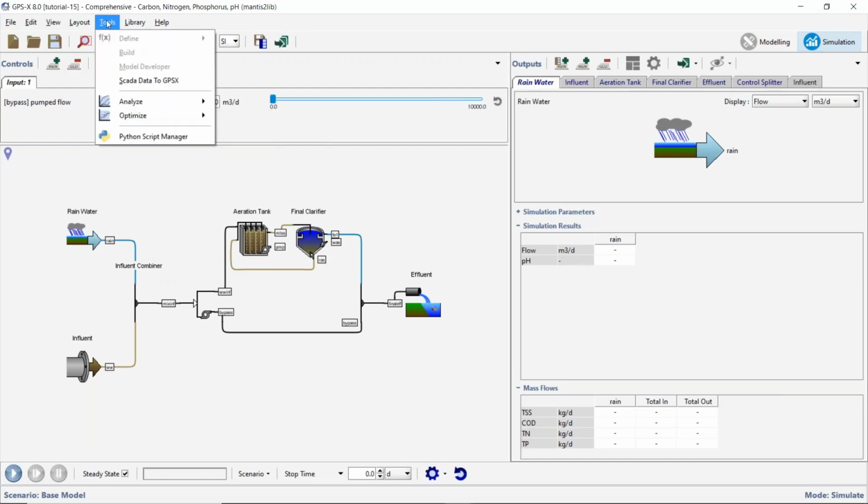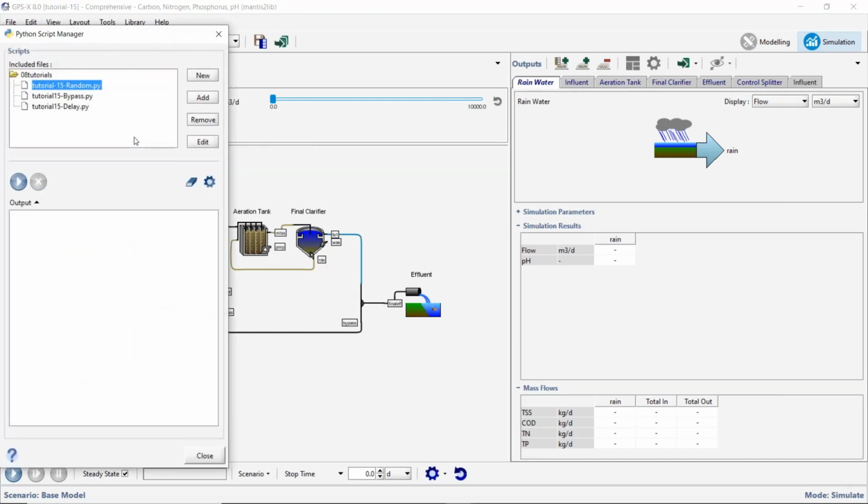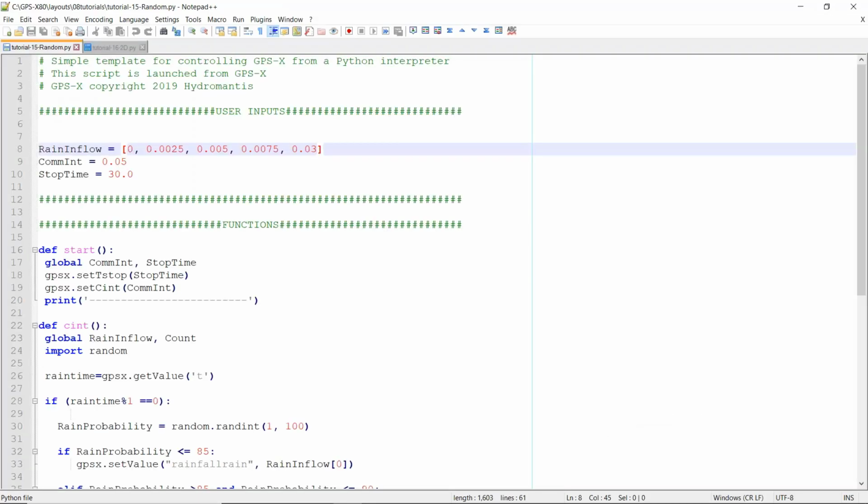So I'm going to go to the Tools menu here. I'm going to go to Python Script Manager. I'm going to bring up this menu, and we can see here for this particular tutorial that we've got 3 of them here, and I'm going to grab that first one. I'm going to go into a lot of detail later on, but I just want to show you what that Python script looks like. You can see here, this is starting from a template that we will give you about how to set these things up. But just to give you a bit of a flavor before we get into the details,